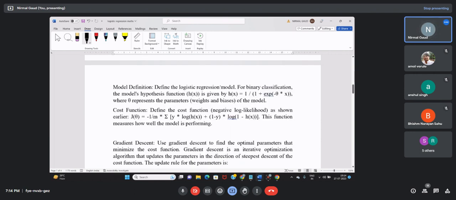See, I have shown you the maths behind logistic regression. I need to implement this in Python also. We'll be implementing this code in Python. We're not going to directly import logistic regression from sklearn.linear_model. No, as we did for linear regression, we are going to do the same here for logistic regression. And one more thing,